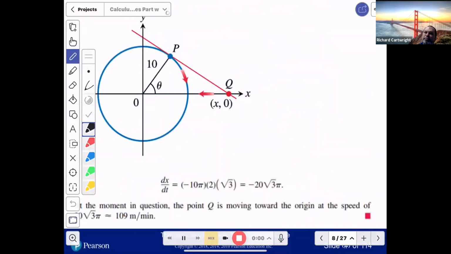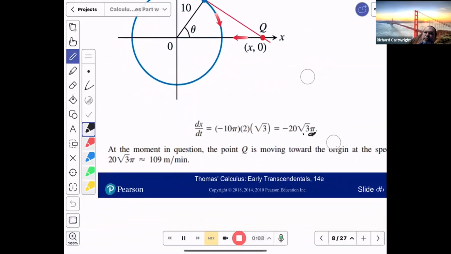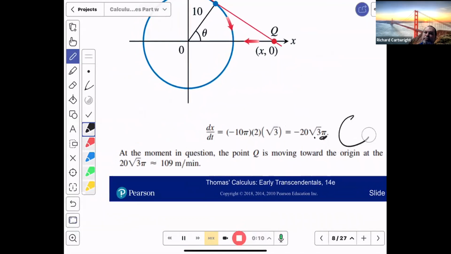That doesn't help. Let me check. Negative 20 square root of 3 pi. And then the interesting thing that he did, he didn't put any units here, and so he would lose points. But then if you read his